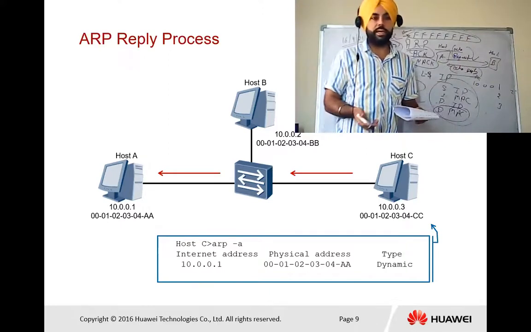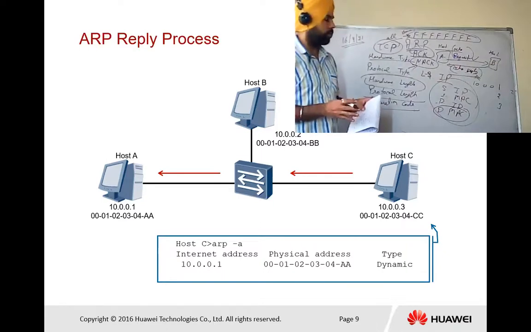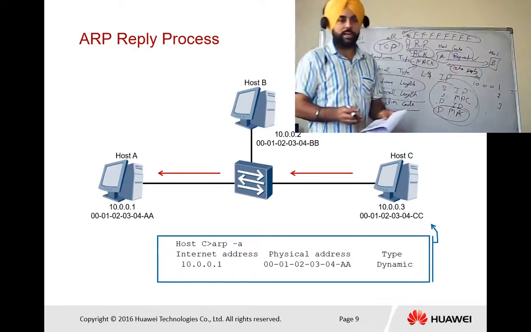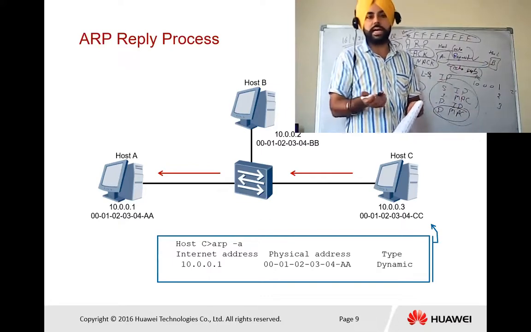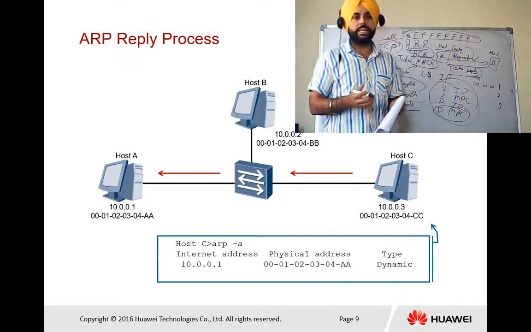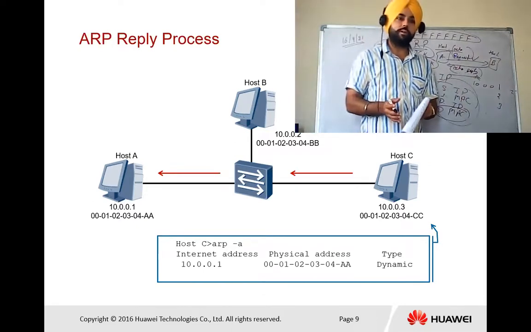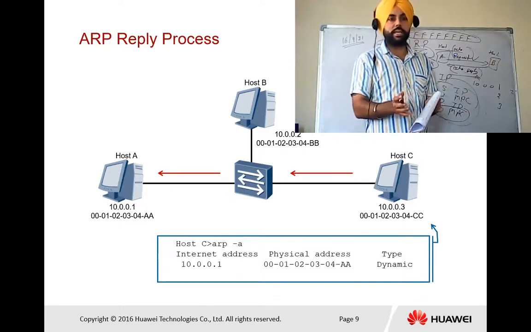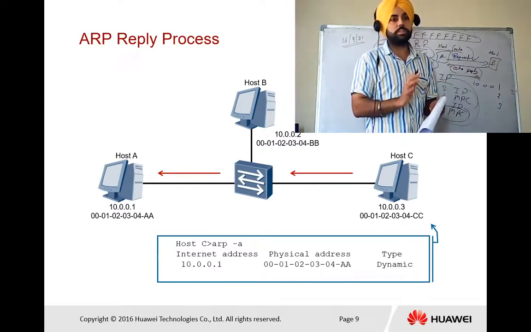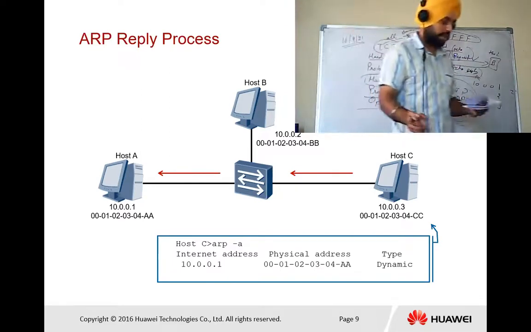So this is all about the ARP reply process. When they receive the packet, first they check the destination IP address and destination MAC address. Then they open the packet. Then they send the same source IP and MAC address, sending a reply back to host A: I received the packet. So next we have